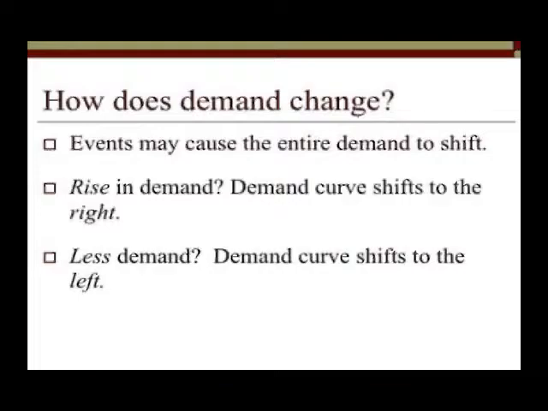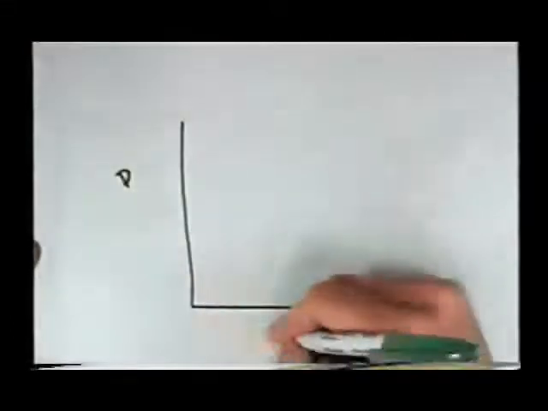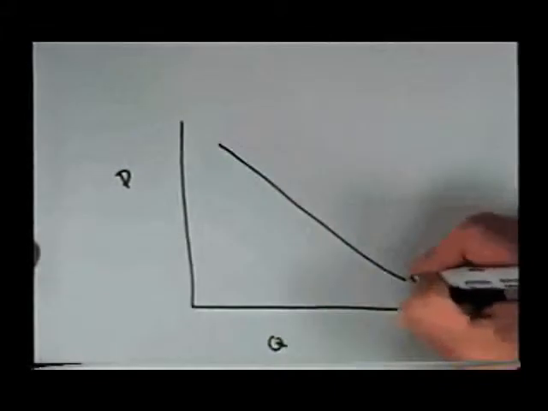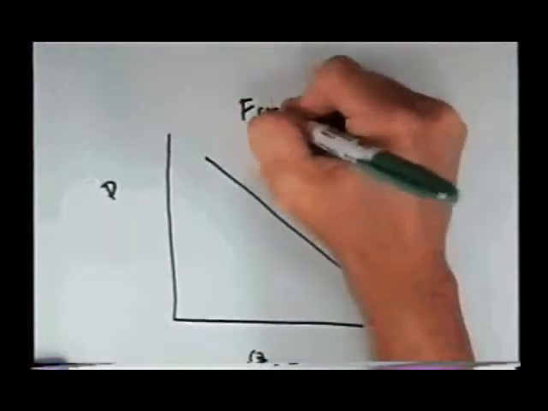There's a very good example. Now, sometimes we're going to see an event that causes less demand. So if the event leads to less demand, then the demand curve is going to shift to the left. Less demand, shift to the left. Take a look at an example here. Price, quantity, demand curve. Here's a good example. Several years ago,